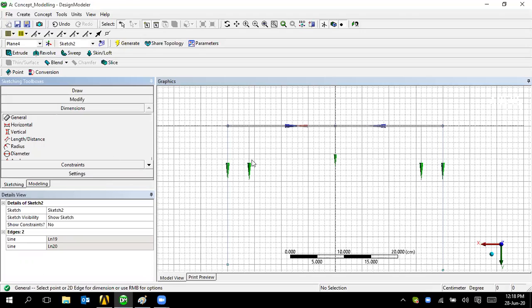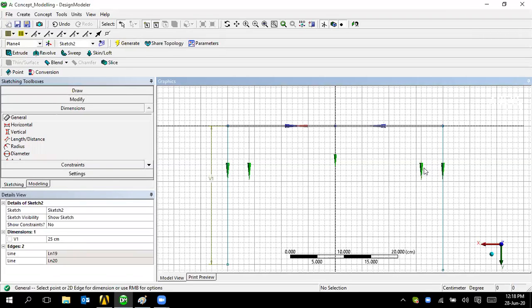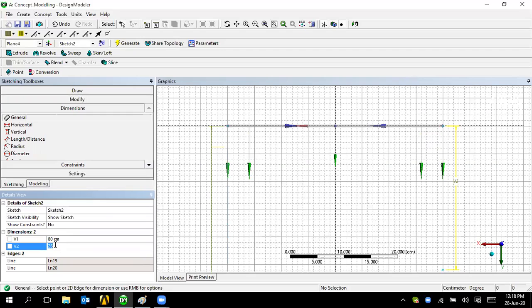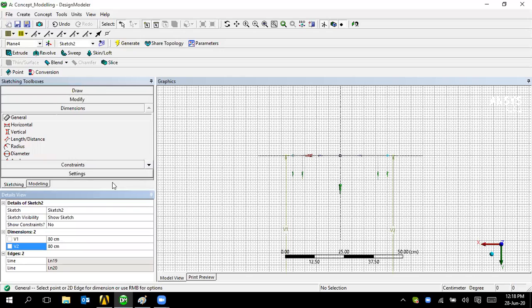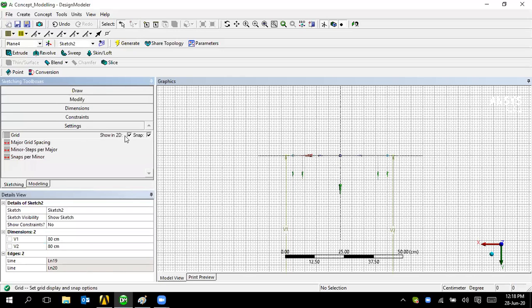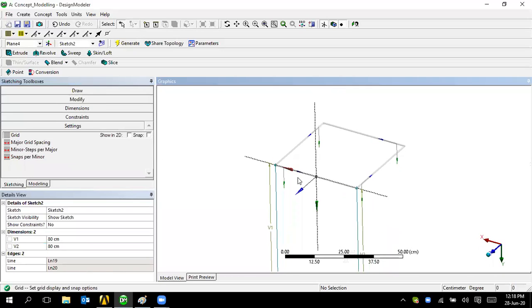Go to the dimensions, select this and select the other end, V1 V2, that is 80 centimeter. 80 centimeter cross 80 centimeter, fine. Now go to the settings and check these two things.